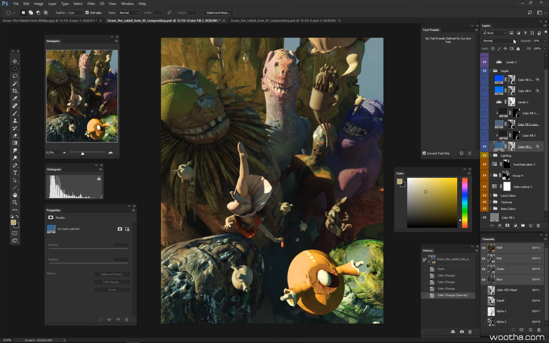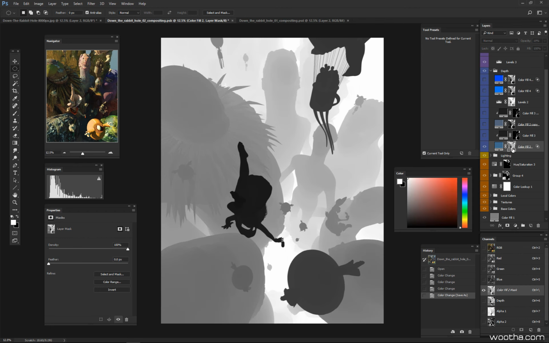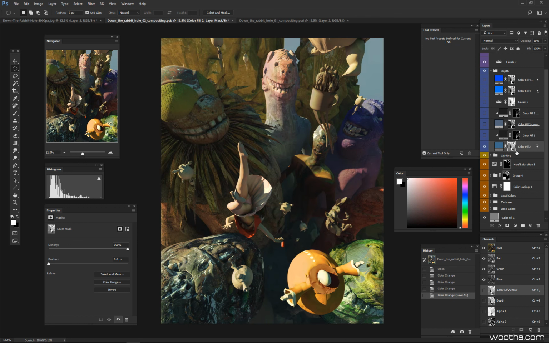So here I just dropped, you can see it's a perfectly normal layer, and I use my depth map here to decide where this layer was starting to interact. Because of atmospheric perspective. What happened in atmospheric perspective? What happened is that light is moving through the atmosphere, and the atmosphere, the way it behaves on Earth, at